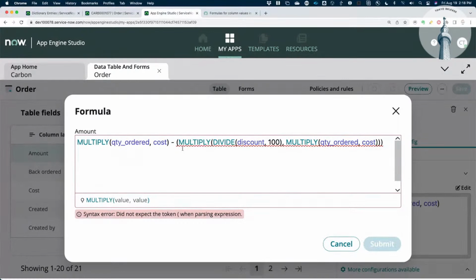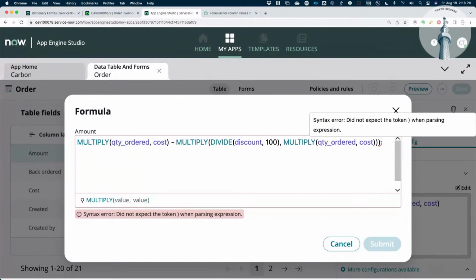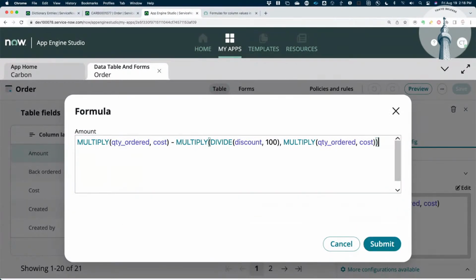Did not expect token right parenthesis when parsing expression. Which one? This one? Too many left parentheses. Oh, there you go. It didn't get rid of the error though. It means I probably have an unbalanced one here. There. Okay, good. So multiply this minus